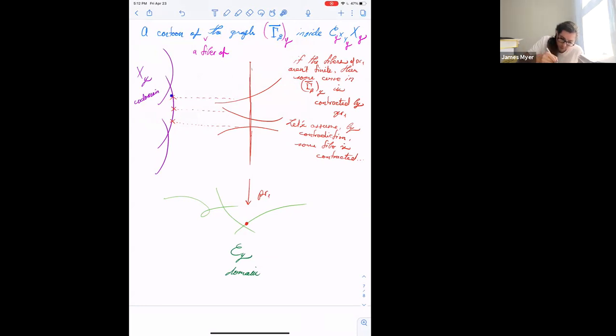If you take their pre-images, they get sent onto these components. And because this curve is stable, we know that